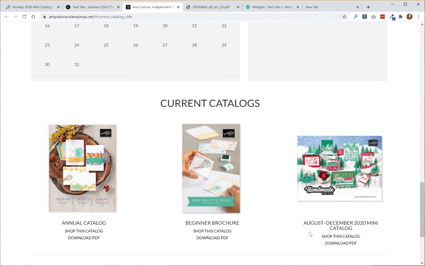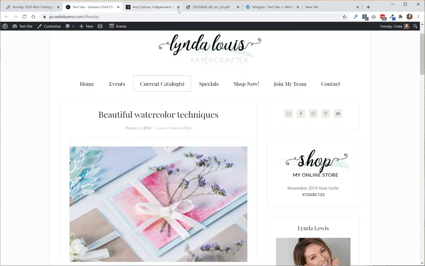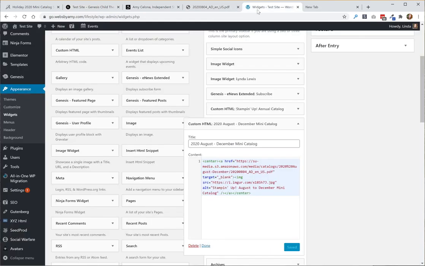But you want to send them here because you want them to be able to shop your store with your link and or download the PDF. So I think it's got a lot more capabilities here. So how do I do that? I'm going to go into this widget here. And remember I told you this was a link. This a href, I'm going to see this open